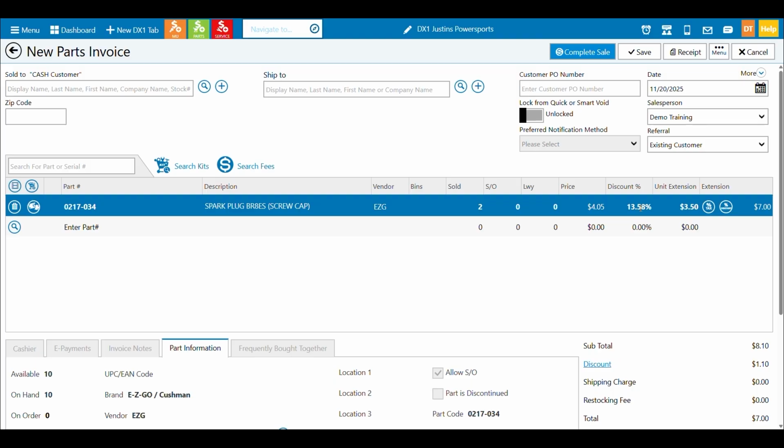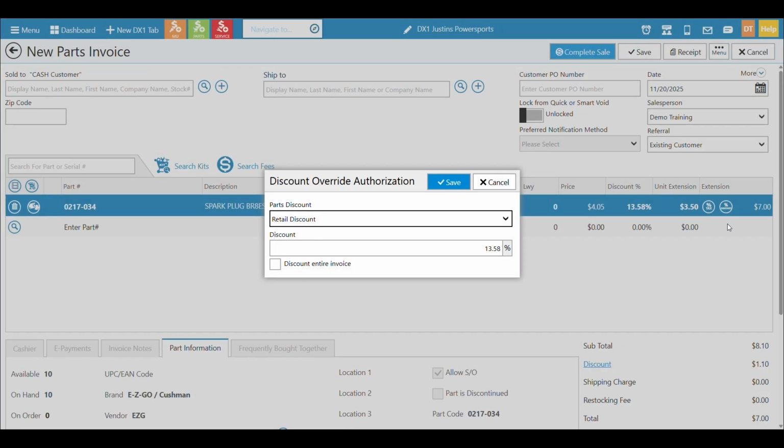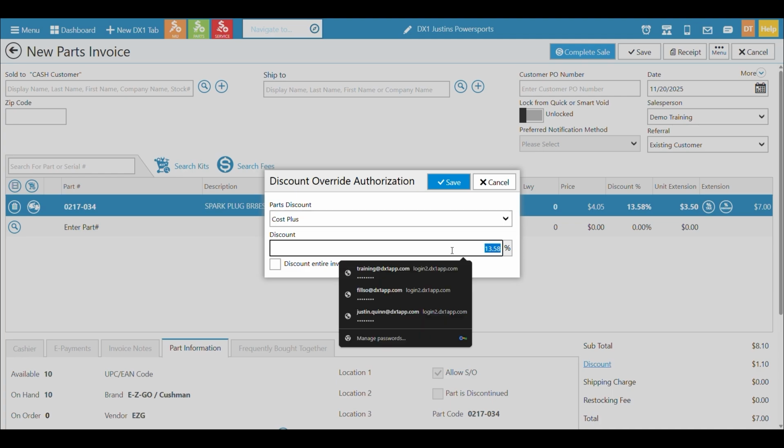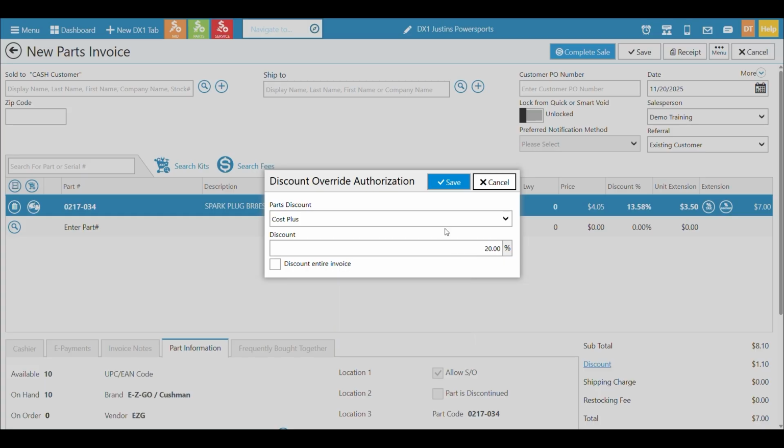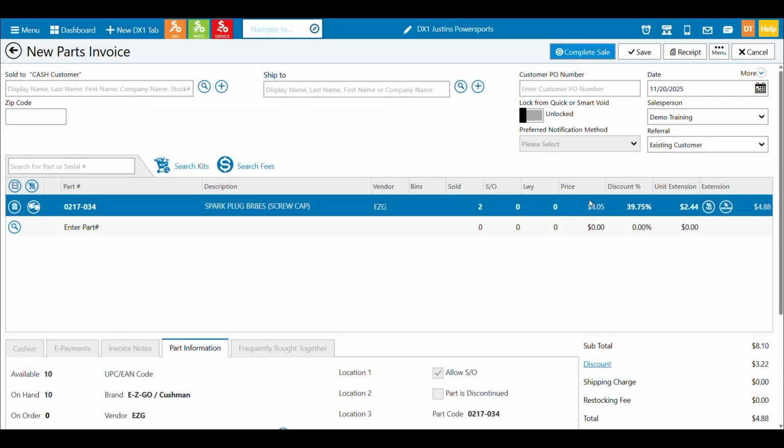We just saw you can discount by putting in a percentage, or you can change a unit extension. You can also click the discount icon here. And the upside of using this icon compared to what we just did in the grid is that I can do a cost plus discount. So when we did the discount you just saw, that was really from a retail side. But maybe I want to do a certain amount of discount, like on tires, to make sure I'm getting my margin. So sure, I can offer you a discount on that. I want to make sure I make 20%. I hit save, and then it'll appropriately discount in the direction you want to go.